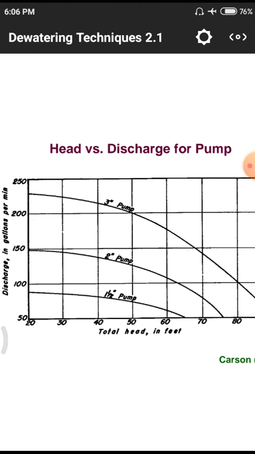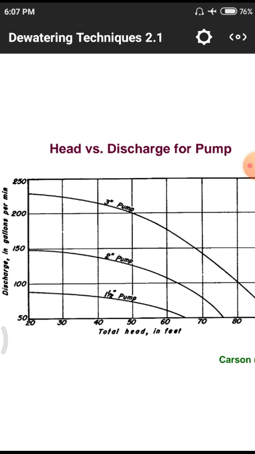We are having a total of 3 pumps: first pump, second pump and third pump. If we remove with the first pump, the value lies between 50 to 100. Continuously using the second pump also, we are having a value up to 150. If all 3 pumps are used, we are having a value up to 230, like 240. So for each second we have to remove a particular quantity of water, 240 gallons per second.